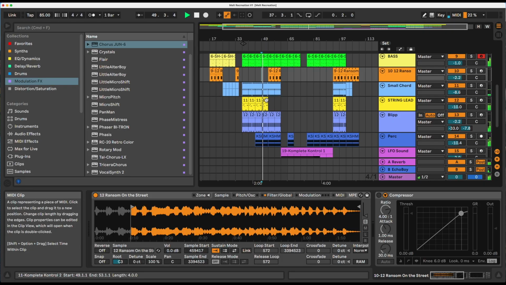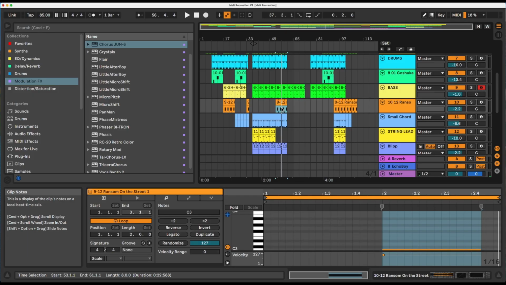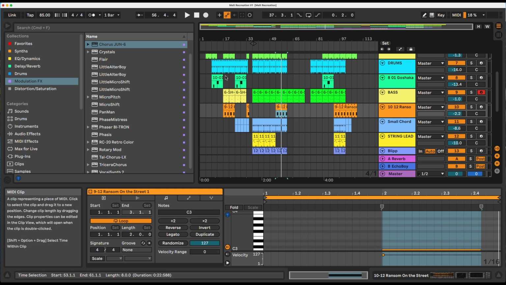So I have this section with this nice lead, I've called string lead. I love doing this because it really shows how much is in the arrangements. For example, this Ransom on the Sand, it's an amazing sound. You might think, I need it in the track all the time, but they use it fairly sparingly, and the same with the trumpet. It only actually plays 6 times, this trumpet sample.